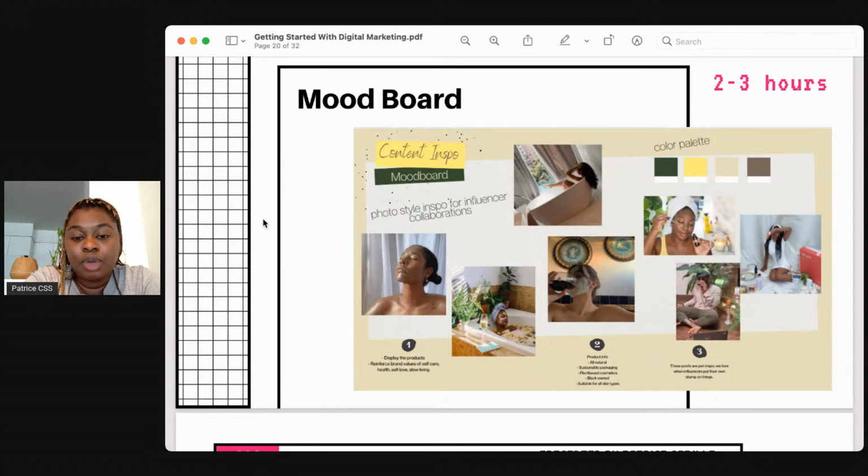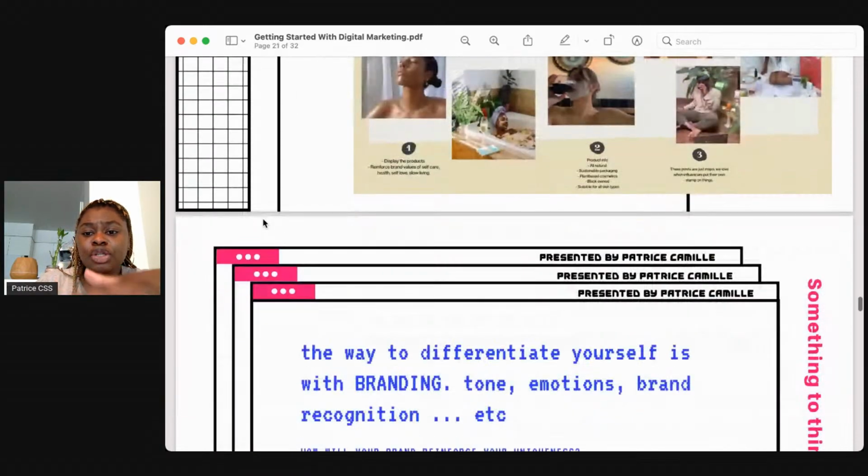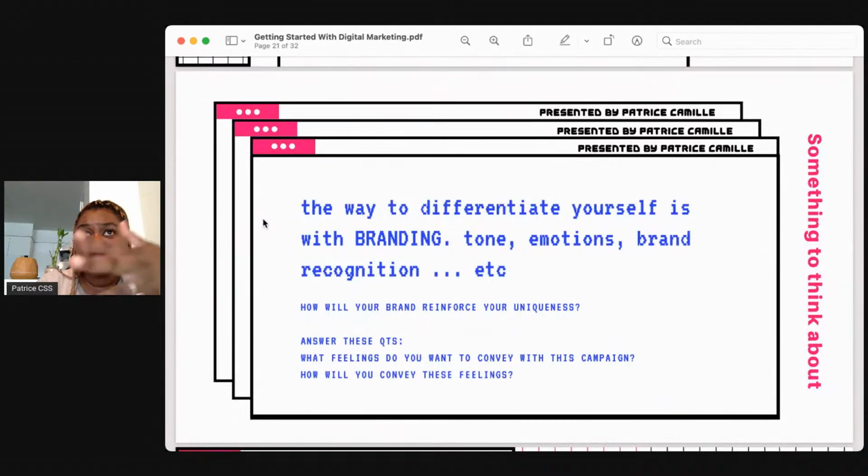These are the values that we wanted to reinforce with the imagery, with the colors, with the theme, with the vibe. And so this is just a quick mood board that we put together after a couple of hours of brainstorming. But you need to spend a lot longer, because you need to come up with a visual for your brand. You need to come up with not just your colors and fonts. Branding is not just colors and fonts, it's feelings. When someone comes across a post of yours on social media, or if they see a poster, or if they see a video, how do you want them to feel? That's what it is. It's not just